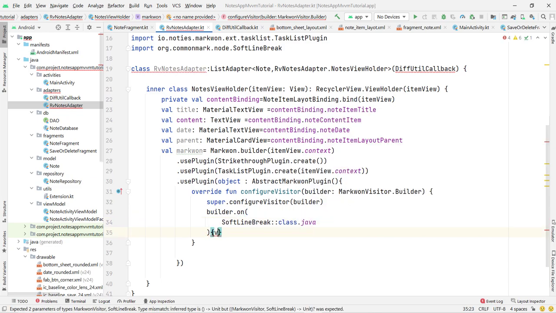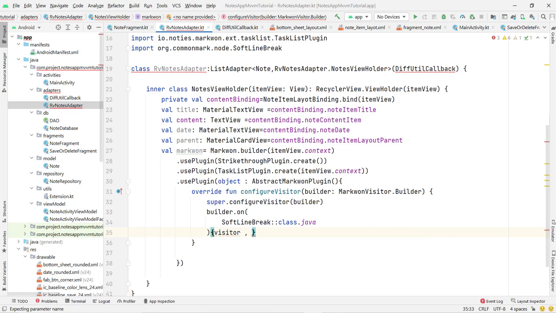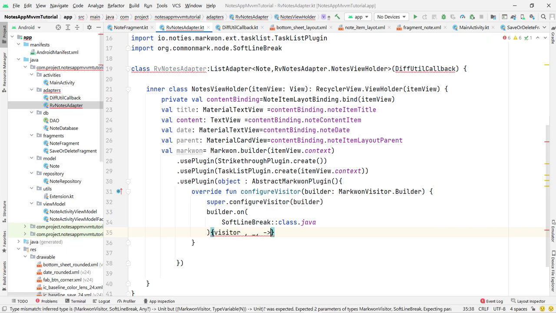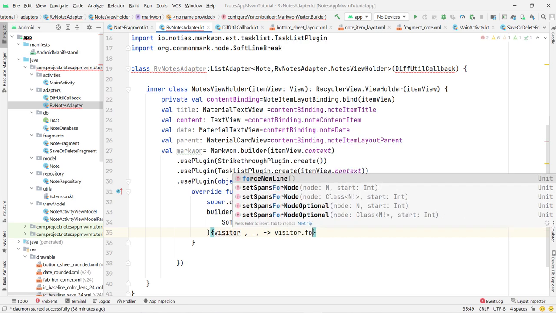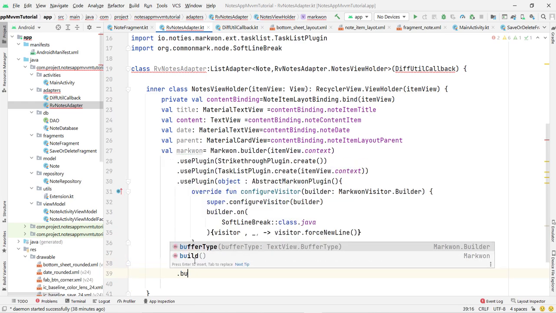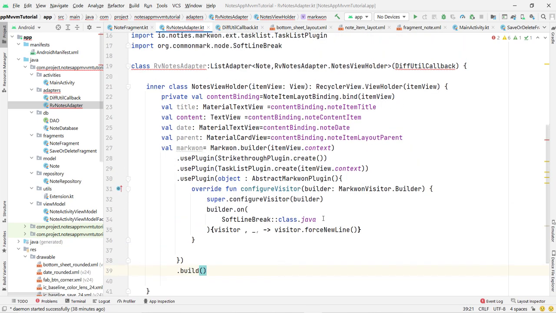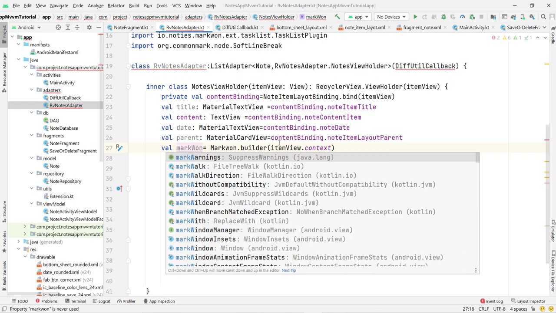Then simply type this visitor. This is the library method, so if you want to know more, then you can read out the library. Then underscore, then take dash, and simply type here visitor for new line, post new line. And at last what we have to do is build this, dot build. That's it. So this thing is created successfully, and now we are ready to write the implement methods for our